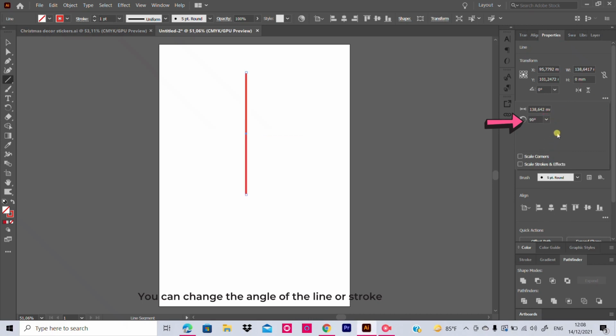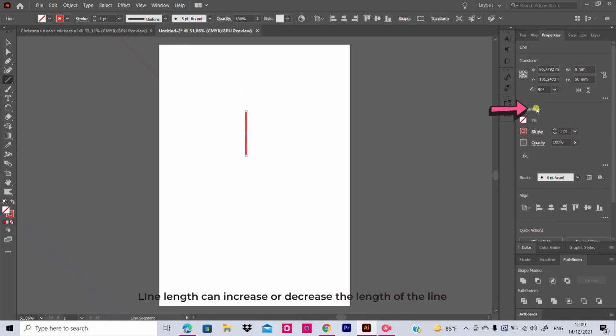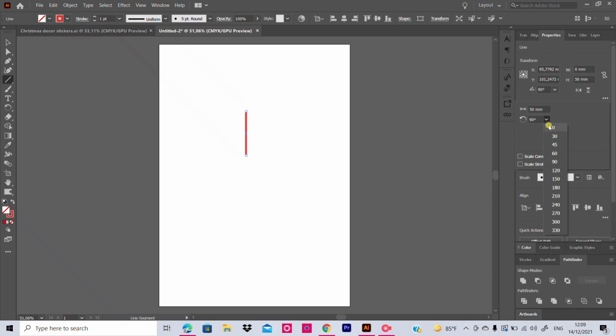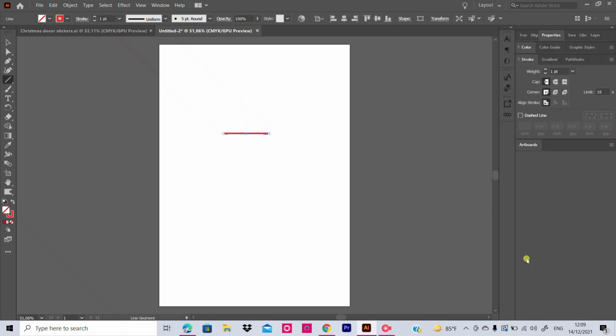Same thing, you can change the angle, and this is the line length. Suppose I'm keeping 50, it will decrease. And if I'm going in the stroke option, you can see from here also increase the width. This is the option butt cap, round cap, and projecting cap.